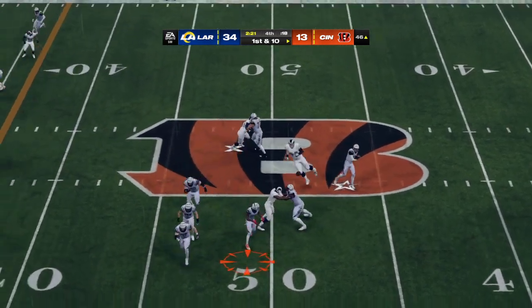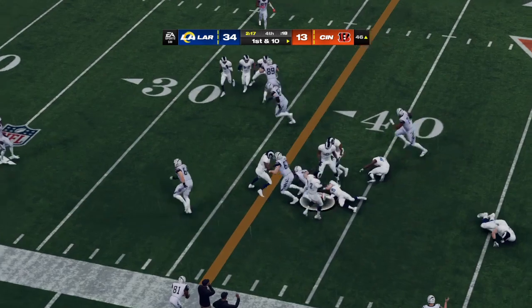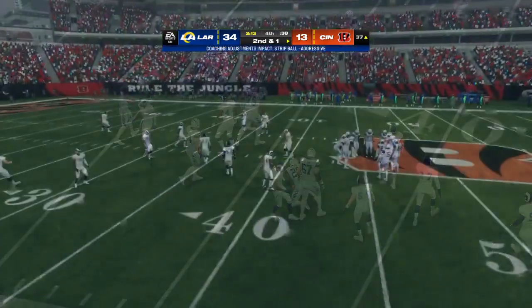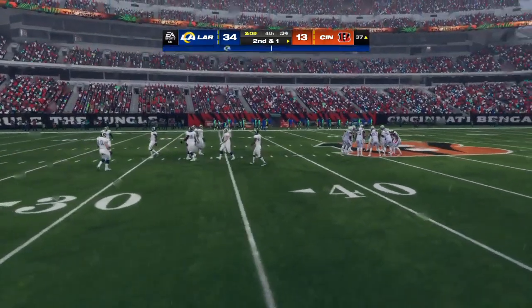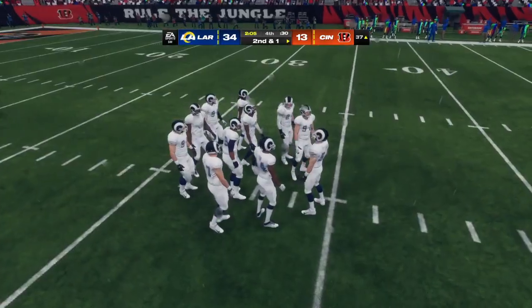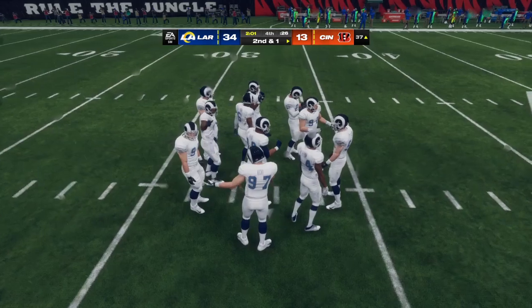On 1st and 10, Joe Burrow. Now they set up the screen. That's complete. And they'll wind up getting this to the 37. Gain of 9. Good call there on 1st down. And, Brandon, I'm getting better over the years and not screaming out, screen, screen, screen with my defensive training. They want to keep those pass rushers honest, and they did so there, and they wind up picking up positive